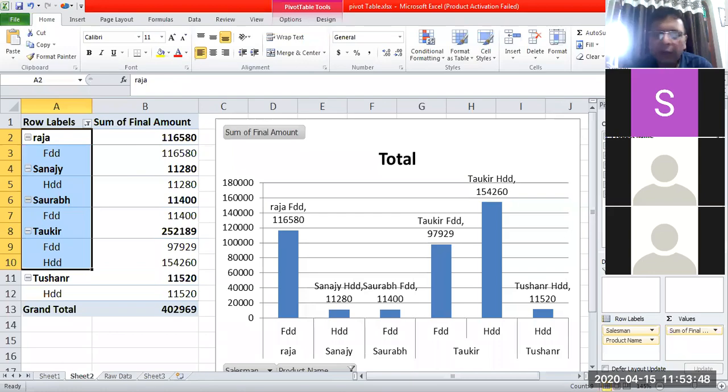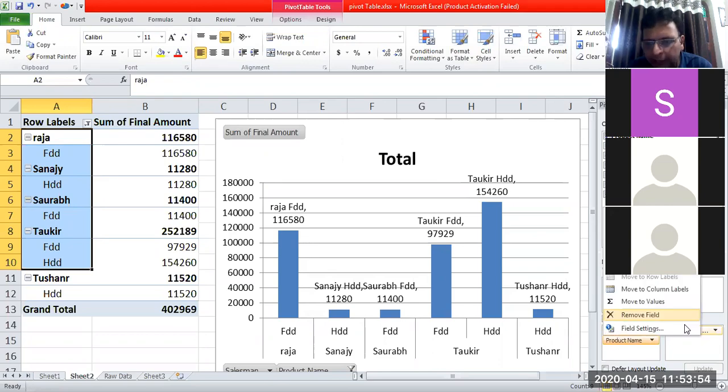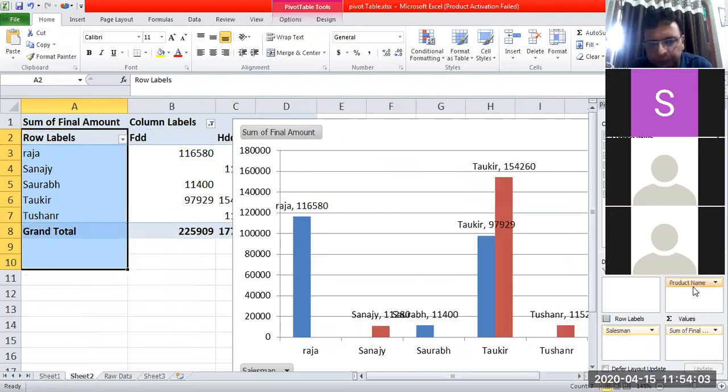If you want to have this data in 2 dimensions, how it will be done? I will simply pick and choose this data from the right hand side. On the right hand side, drag field between the areas below. I can put the product name on the column labels. On the column labels, I have put the product names. So just have a look at my chart.